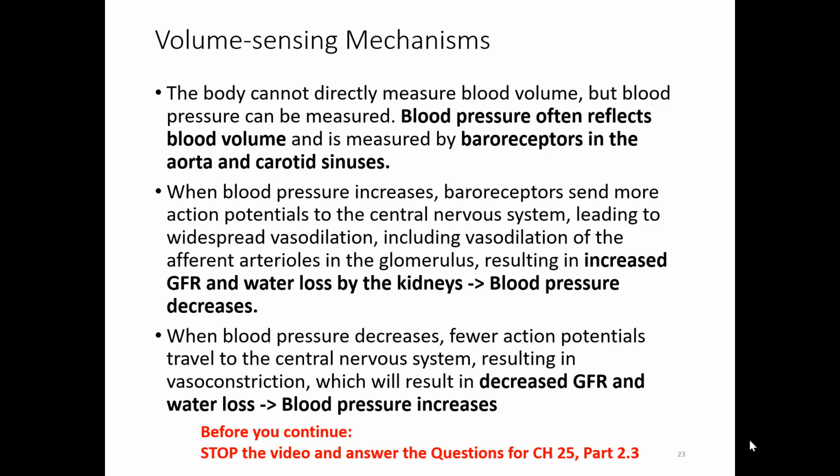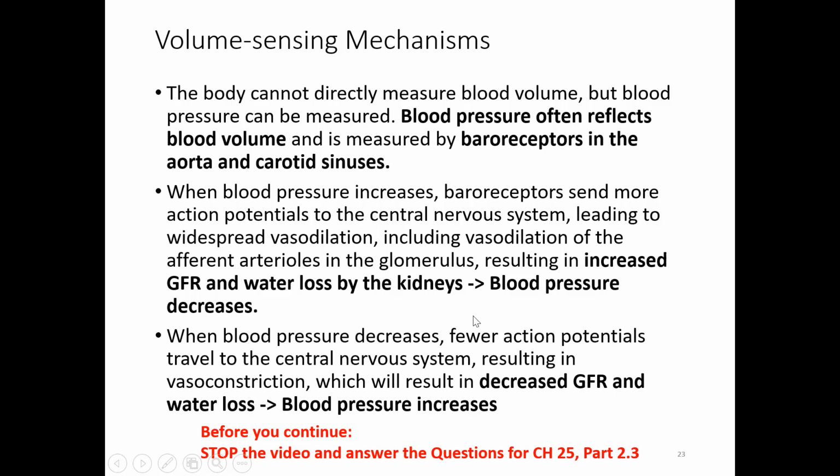They send signals to the central nervous system. So when blood pressure increases, the central nervous system causes vasodilation, making our blood vessels wider, including vasodilation of the afferent arterioles. As a result, increased glomerular filtration rate causes water loss by the kidneys, and blood pressure decreases, returns